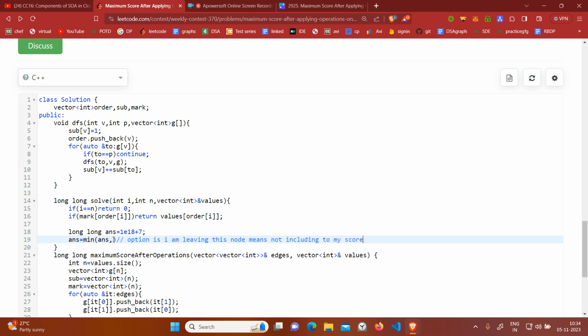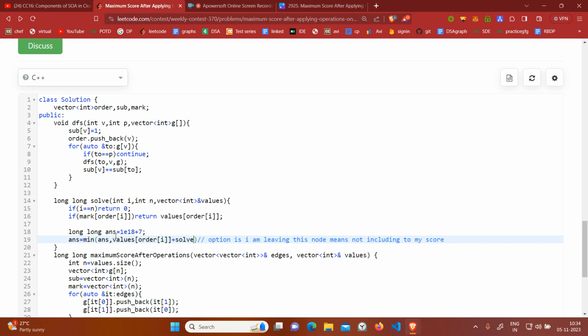If I am just leaving this, it will contribute to the sum of the values which need to be removed, so in that case, sorry, values of order i. So since this need to be removed, obviously I will have to include it,